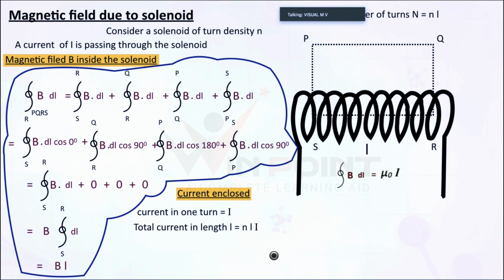Now we are going to apply our Ampere circuital theorem, nLI. BL equal to mu 0 nLI. Mu 0 is there in the equation, and I enclosed is nLI. From here L and L we can cancel. B equal to mu 0 nI. This is our equation. n is the turn density, not the number of turns. If we have the turn density into length, we will get the total number of turns. Here I is the current passing through one turn. So the total number of turns we need to find. That's why I have used nLI: number density into length into current.